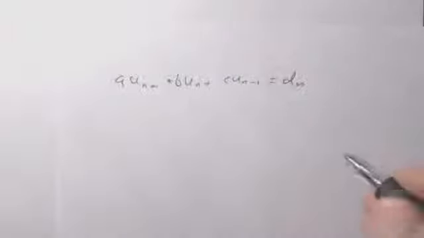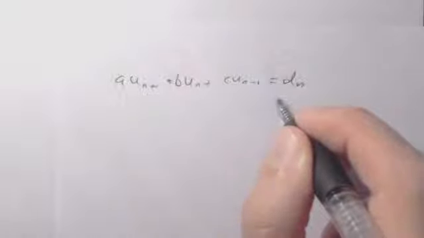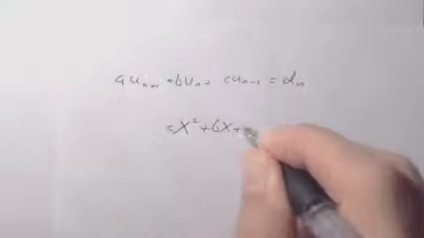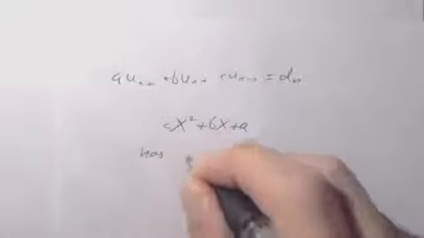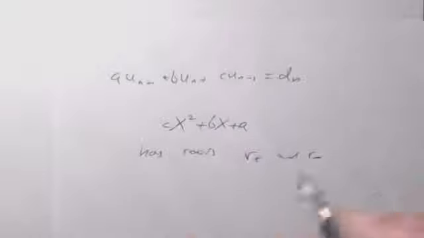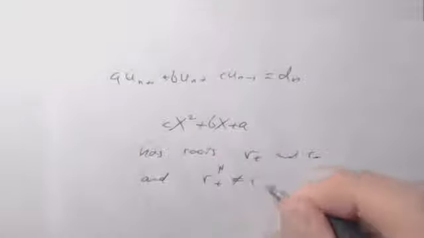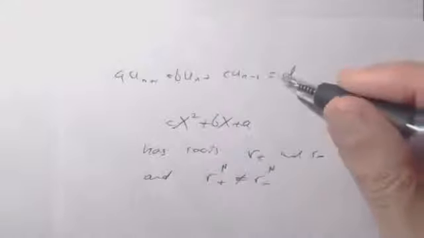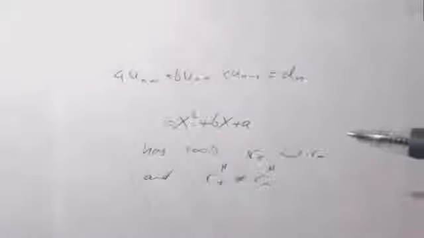This was a setting we had, and we had it such that if we take the quadratic cx^2 + bx + a, and this has two roots, r+ and r-, and if the nth powers of the two roots are different, where we had n-1 different equations here,